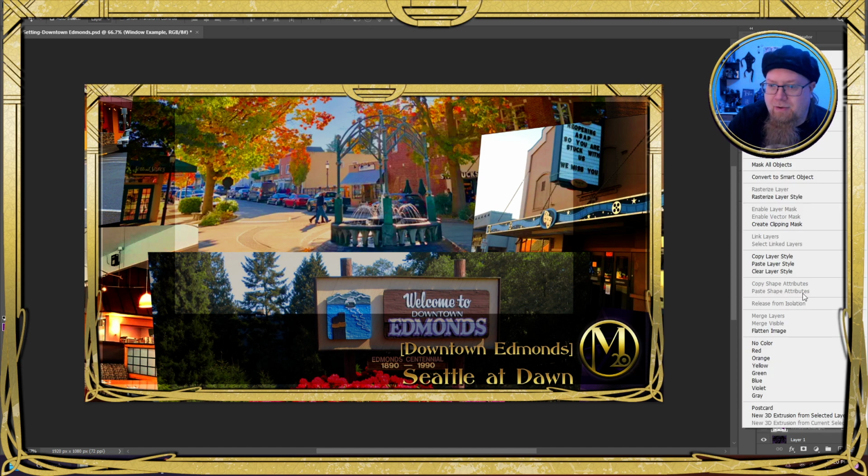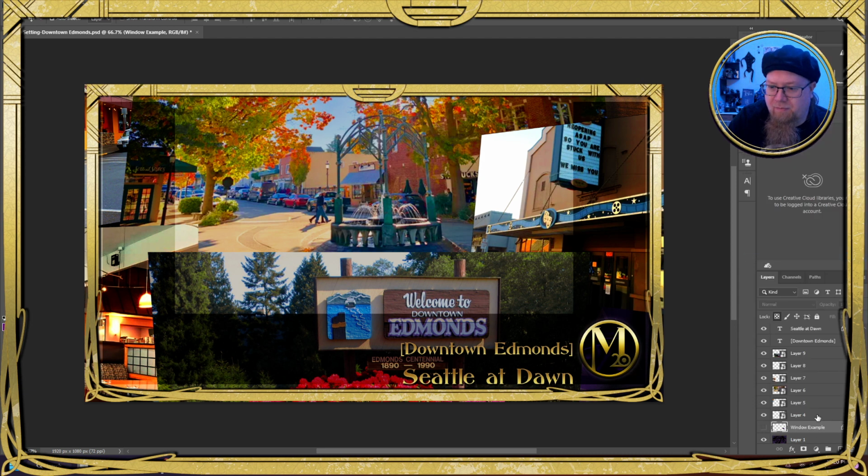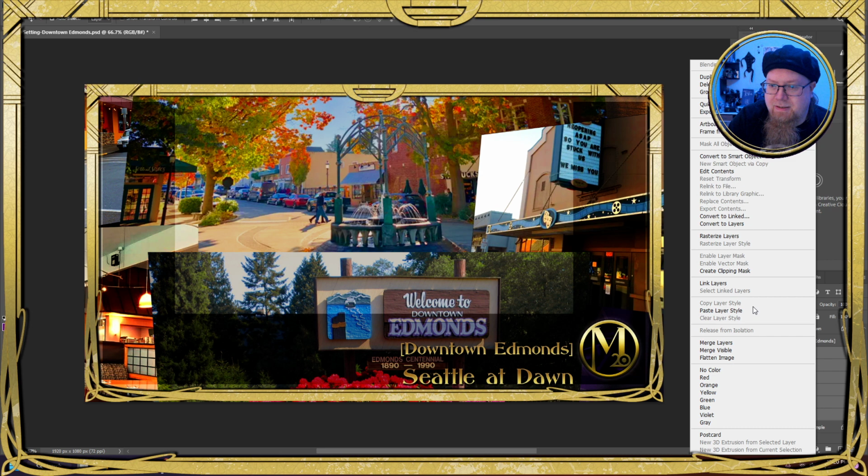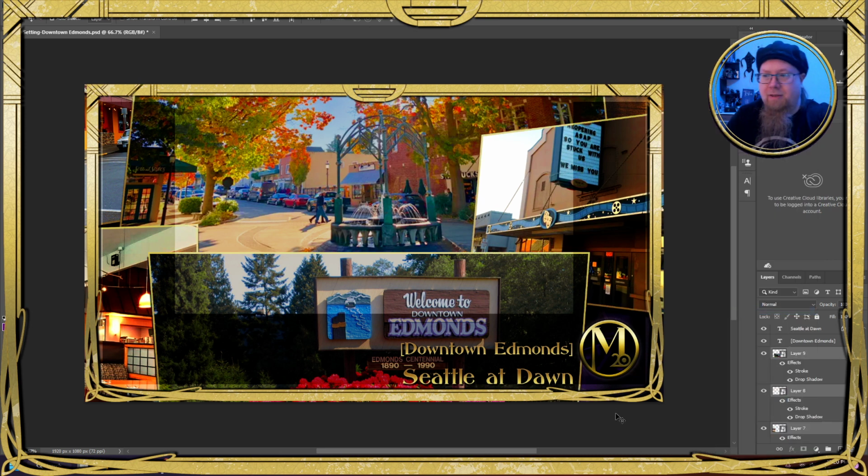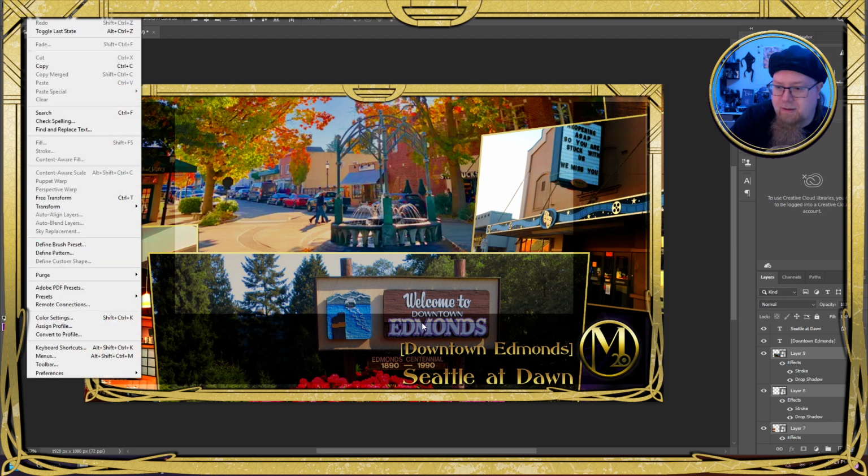So now we want to copy the layer style from Windows example, and paste it to all of these. So now they all get their borders, but they're still too big. They're not in the right space. So let's get them spaced into the right location.